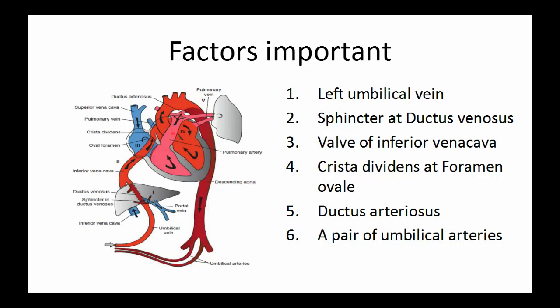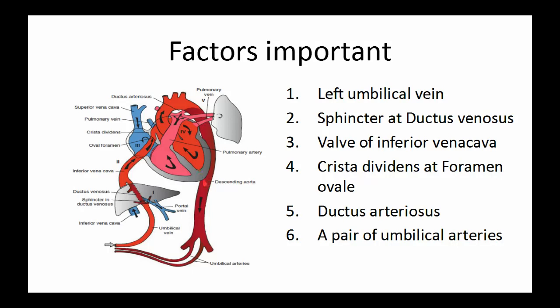And the third important factor is the ductus arteriosus, which ensures the shunting of blood from the pulmonary trunk to the aorta, and this flow reverses at birth when the pulmonary resistance will fall greatly as compared to the systemic resistance, which will increase after birth. So more and more blood will travel through the pulmonary trunk to the lung for oxygenation, and then the pulmonary veins will come into action.